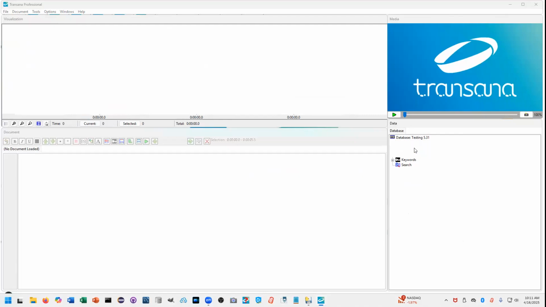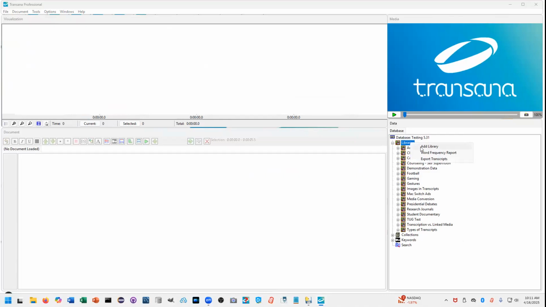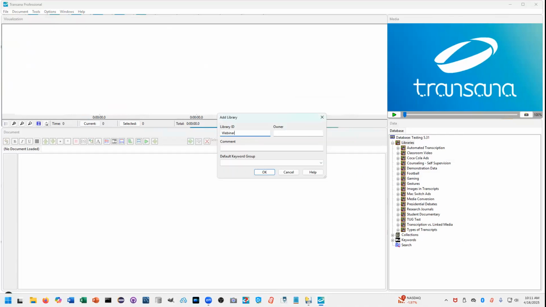So the first thing one does with Transana is one creates a library. You need to have a place to put your data. You can organize it this way. So I'm going to go ahead and create a library, and I'm going to just call that library my webinar